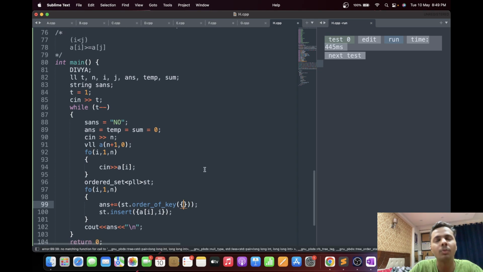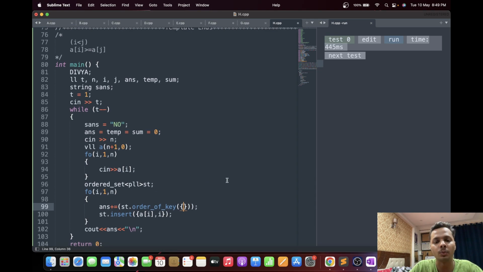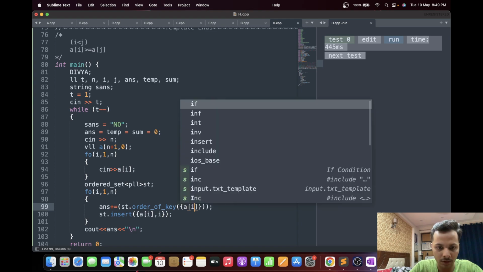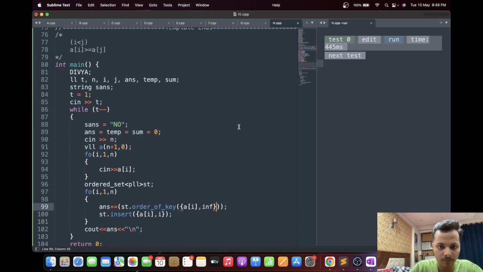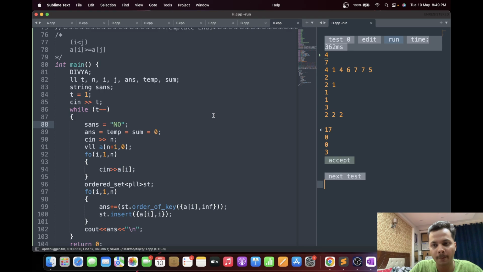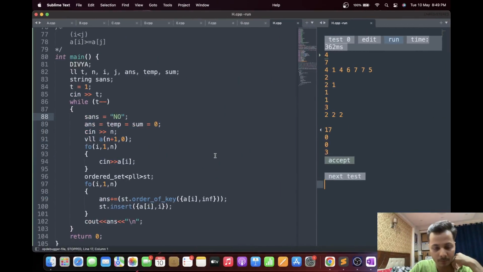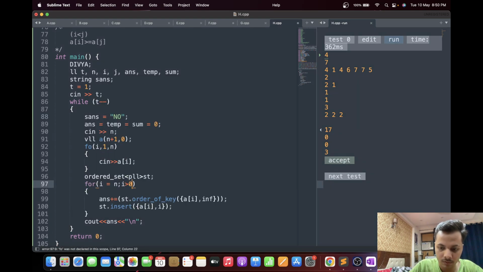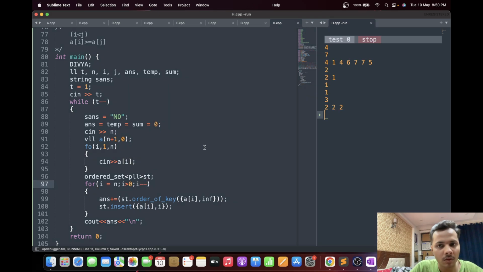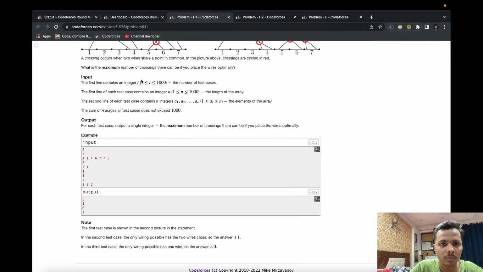We have to count the values which are smaller than or equal to, so for that we will do A of I and infinity, right? Okay, this isn't working. Oh, we have to go in reverse order.